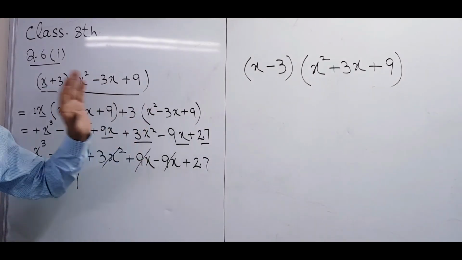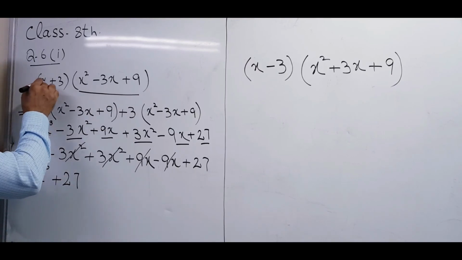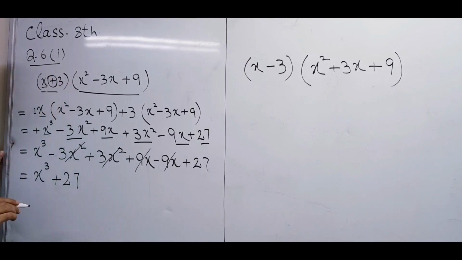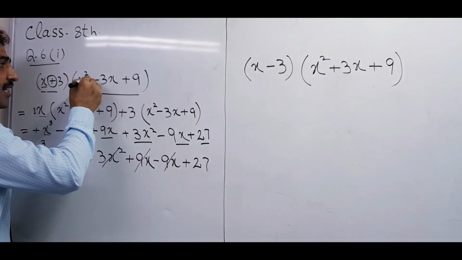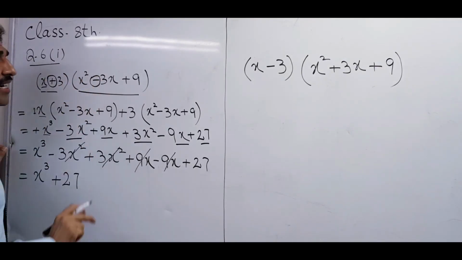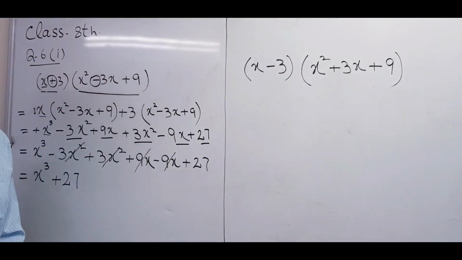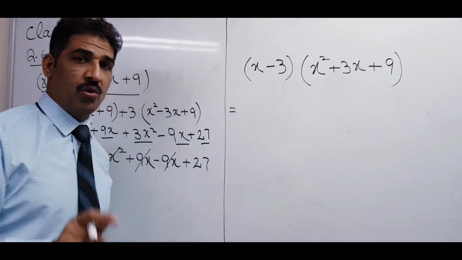I did not change so much, just two signs I changed. Here this sign is plus, this sign is plus, which I marked here, plus I changed into minus, and this minus sign I changed into plus. So what is the change in the answer? Which you will solve and show me. So what is that answer? This is your assignment. Solve it now and show me what your answer is.